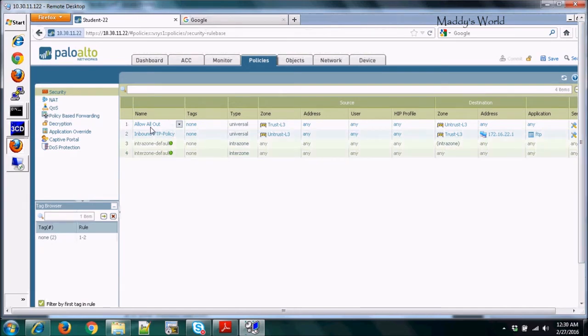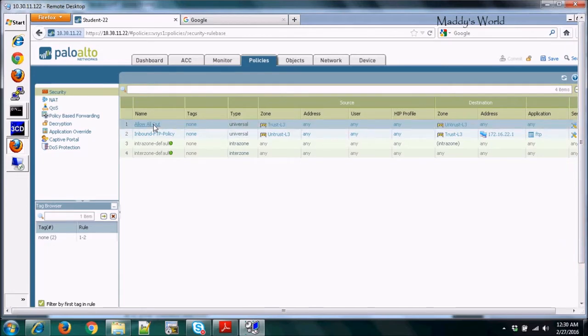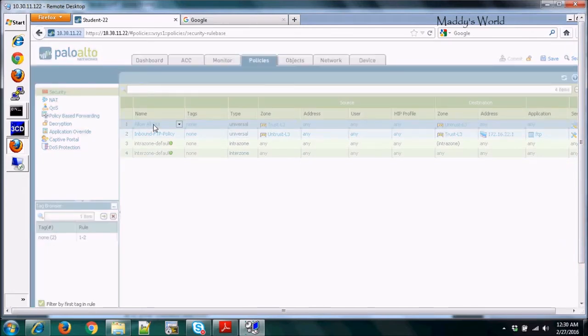In the old firewalls, they define it in every rule if they want to allow specific traffic going out to the internet. But for this Palo Alto firewall, you can go directly to the specific rule where you permitted all the traffic to go out to the internet, and then you can just choose